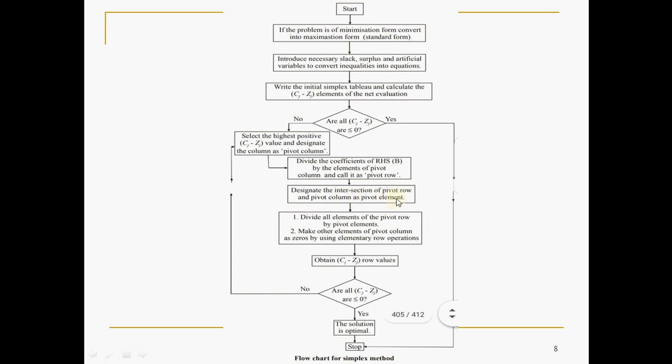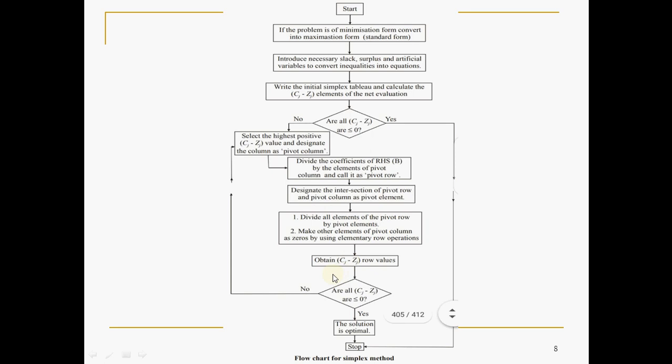Now we can move to simplex table 2. Why are you moving to simplex table 2? To ensure all Cj minus Zj are less than or equal to 0, or to declare the optimality. So what are the steps while moving from simplex table to simplex table, that is 1 to 2 or 2 to 3? First you have to keep the pivot element as 1. Then the second one is to make all other elements of the pivotal column 0, by suitable row operations, and of course you have to replace the leaving variable with the entering variable.